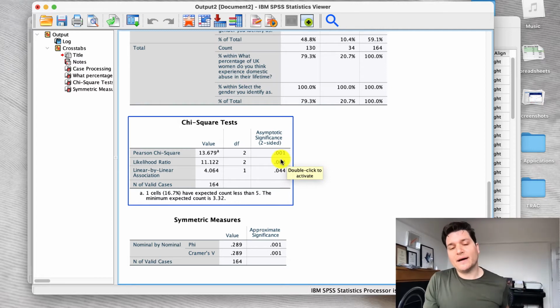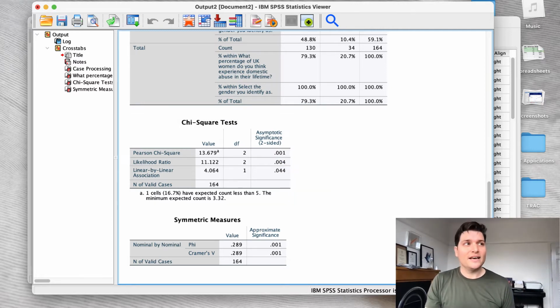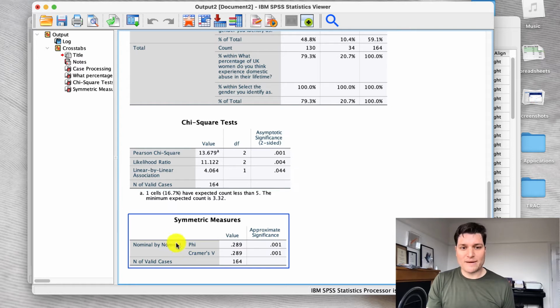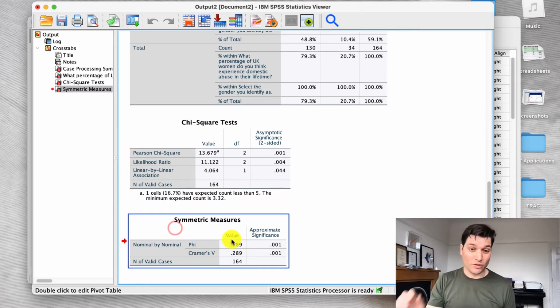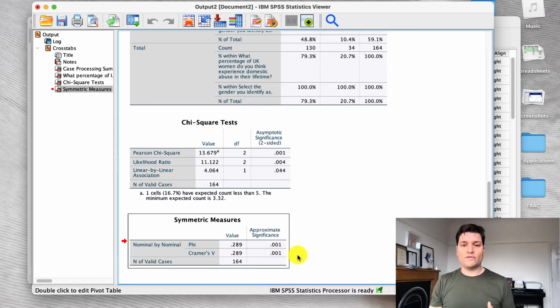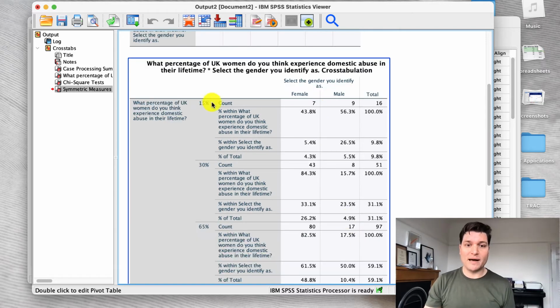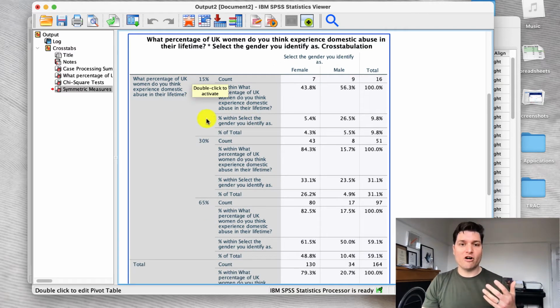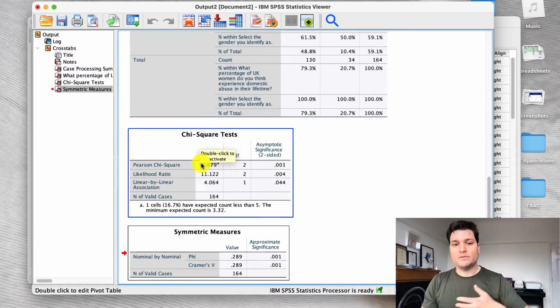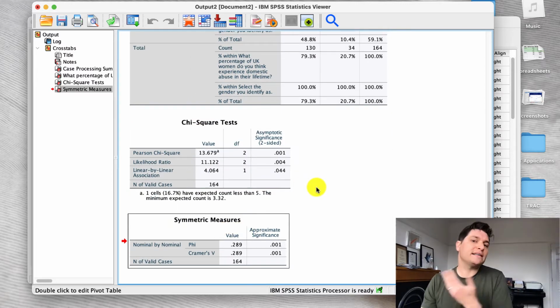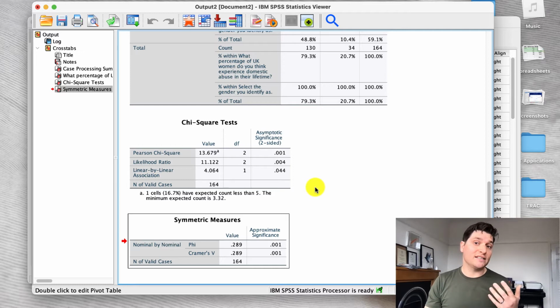So the first thing I want to think about is what is the effect size. The effect size is used with the Kramer's V, which is the last one, symmetric measures. The reason we do Kramer's V is because we've got a cross tabulation with more than a 2x2 grid. A 2x2 grid would be male, female, yes, no. But we've got male, female, and 3 options, so we are on a 3x2 grid, so use the Kramer's V. It doesn't matter which one you're using, it just matters that you're using the right one,